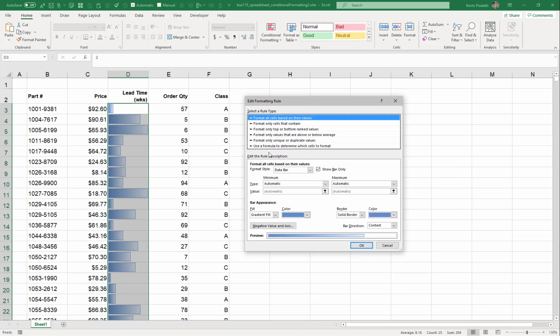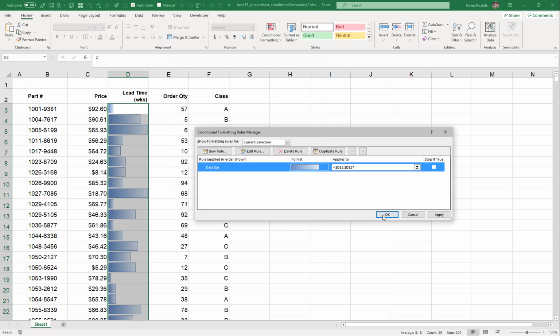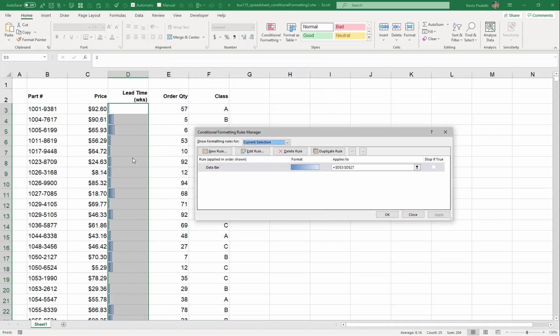Only the relative size of the data point compared to one another is visible. If we go back into the edit rules here, we can choose a number of different options. We can force it to recognize a minimum automatically and a maximum automatically based on the data available in our range, or we can choose to force it to a specific number. So for example, if our minimum will always be 0, our maximum number will always be 100. When we click OK and click Apply, you'll notice that it's shrunk the size of these bars quite a bit